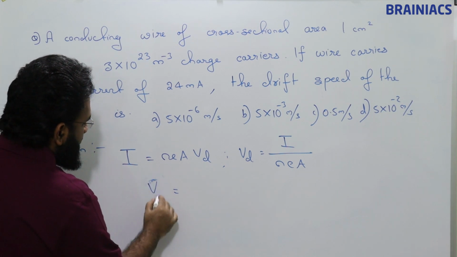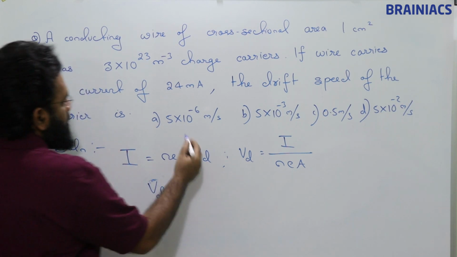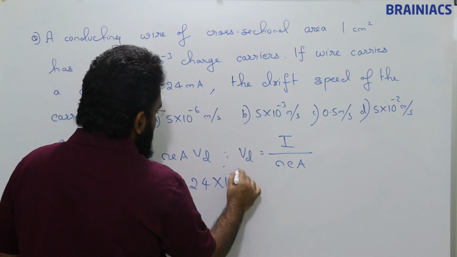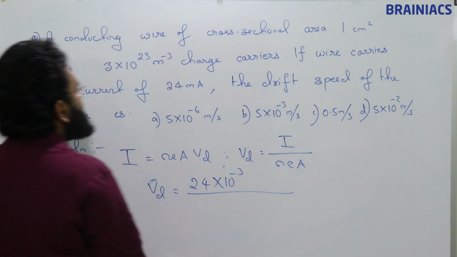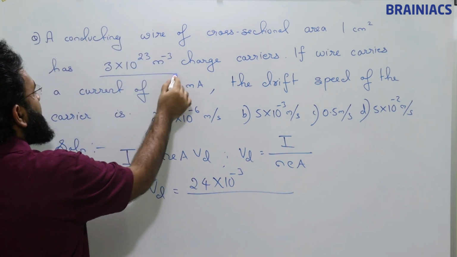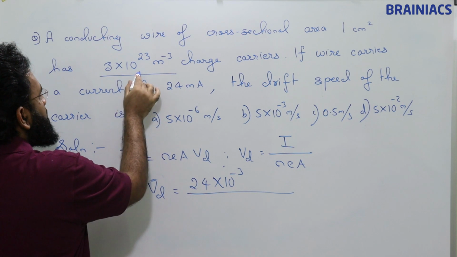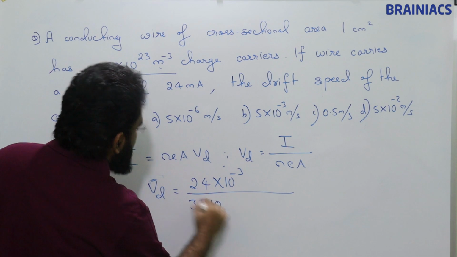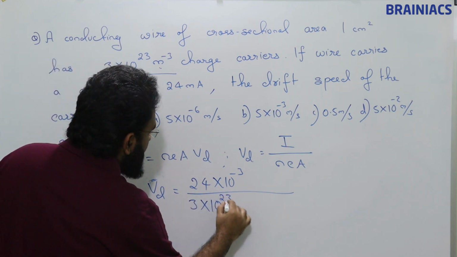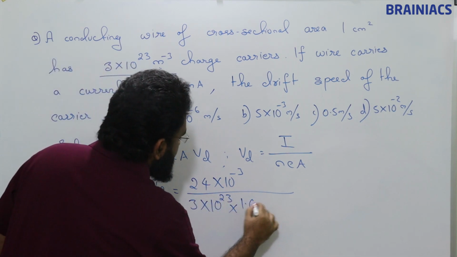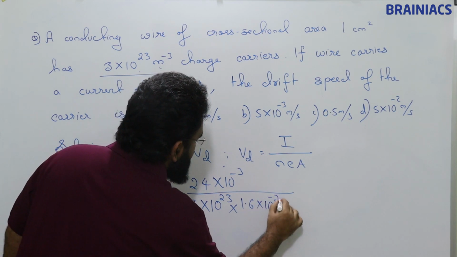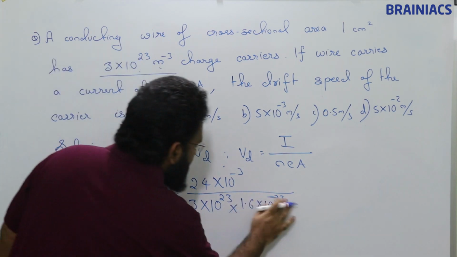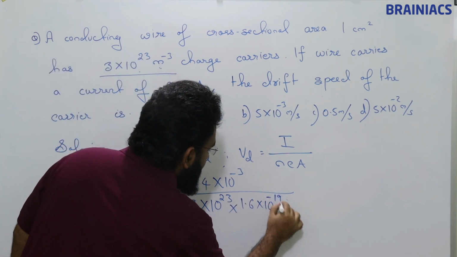Vd is equal to 24 milliampere, 24 into 10 raised to minus 3, divided by the number density, 3 into 10 raised to 23 per meter cube, which is given, into 1.6 into 10 raised to minus 19,